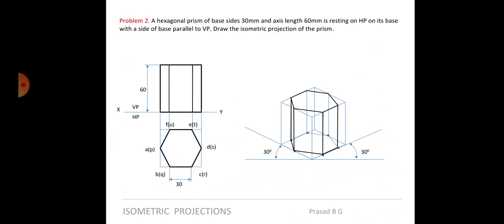I have done one pyramid, one prism, then one hemisphere, one rectangular prism, and one cylinder, right? But if you see the question bank and the solution book, you would generally find these things, but you will definitely find two things, one above the other. Okay, two or three in most of the cases.